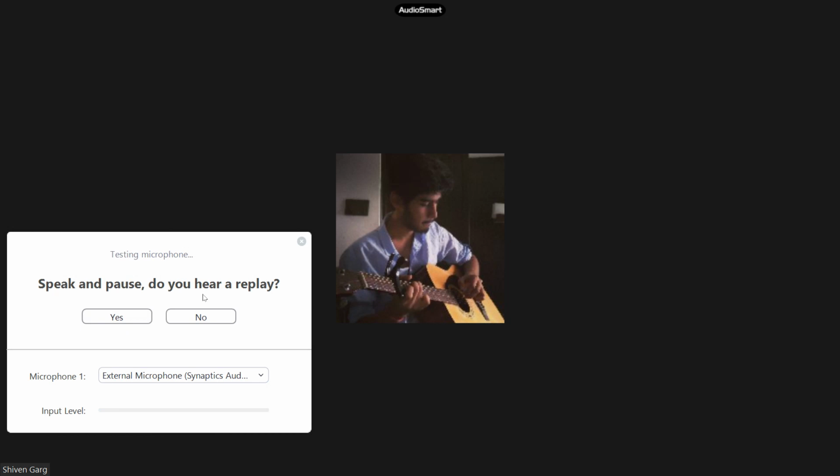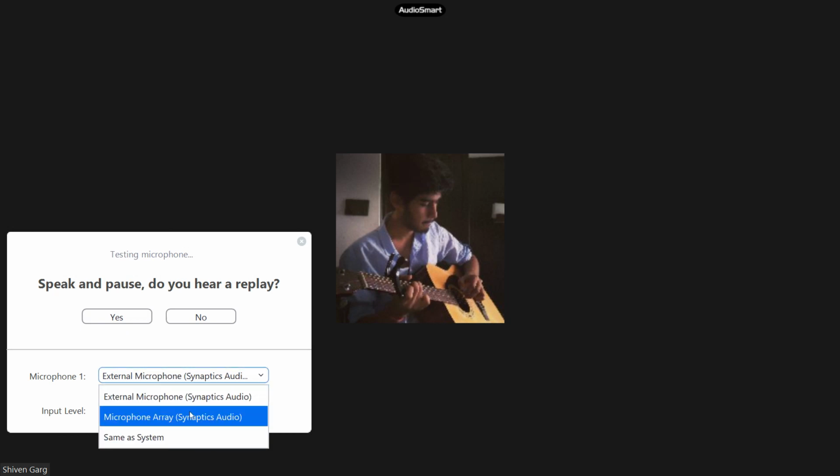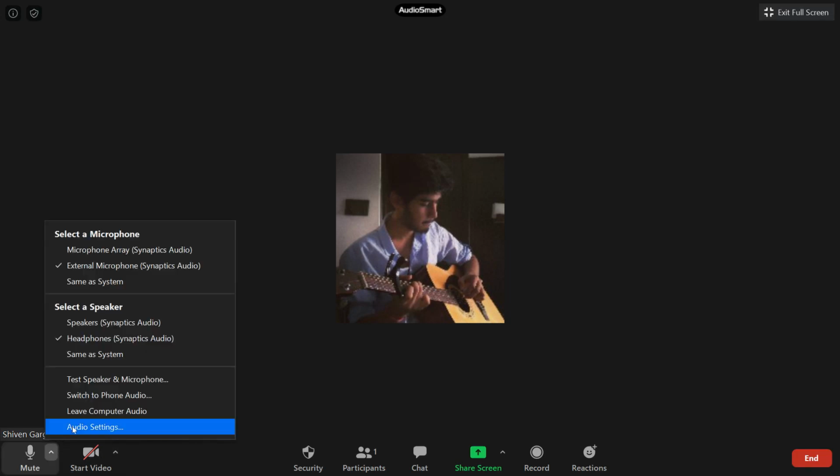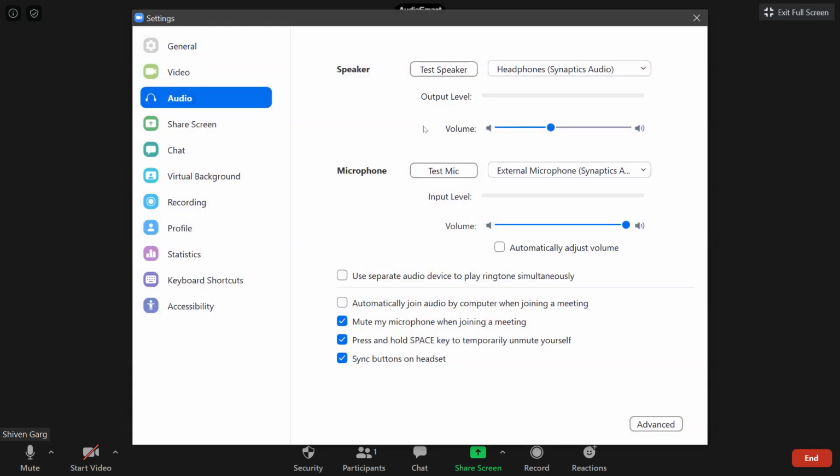And in the microphone test, just speak something, and if you do not hear a replay, then just select a different microphone from the list and check whether that fixes the problem. If that also doesn't fix the problem, then again click on that arrow button near the microphone and then go to audio settings. In the audio settings, make sure again that you have selected the right speaker and the microphone,